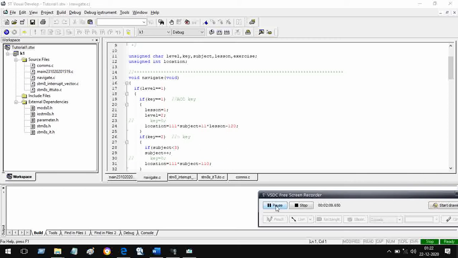Having obtained the address of the desired exercise or lesson or subject, we have to send that address in appropriate form to the MP3 module so that the module will play the specified file, that is the file at the specific address. So we have to send that information in a specific format, and we have seen that format. Let us get back to that format and see it again.